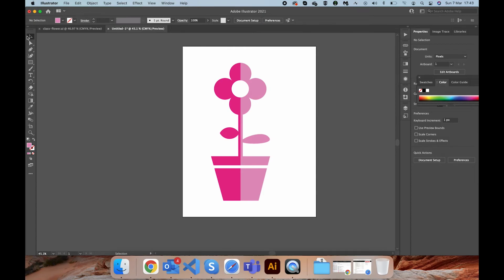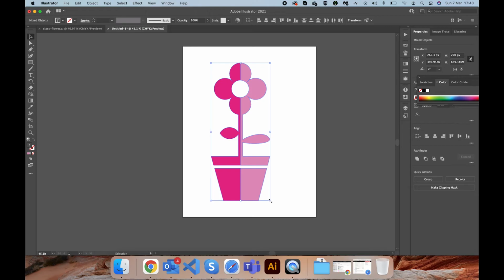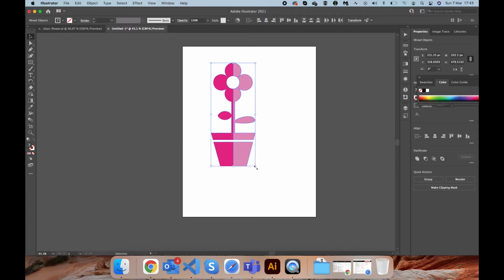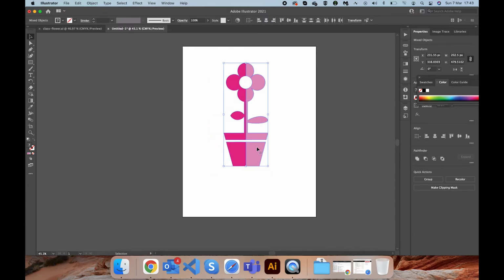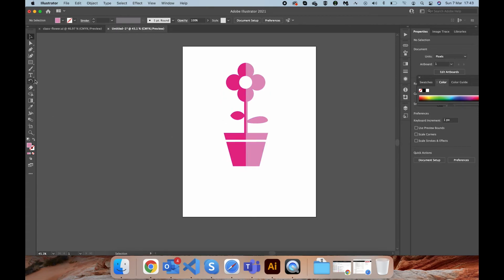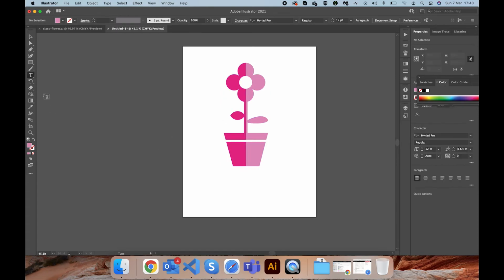And now what we can do, we're going to resize it proportionally, so holding the shift key. And then we're going to add the word floral to it, so clicking on the text tool,